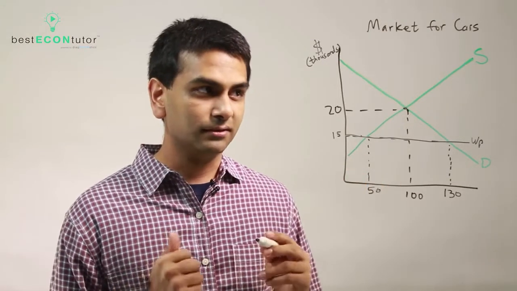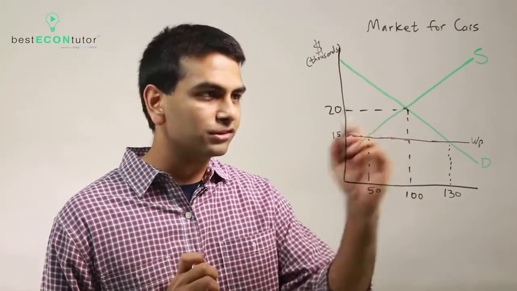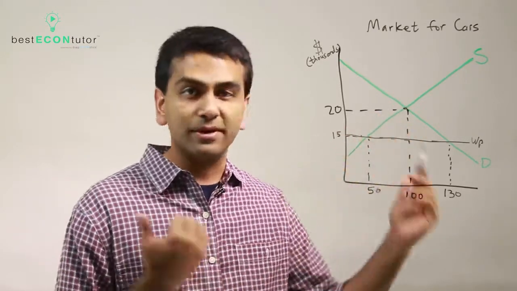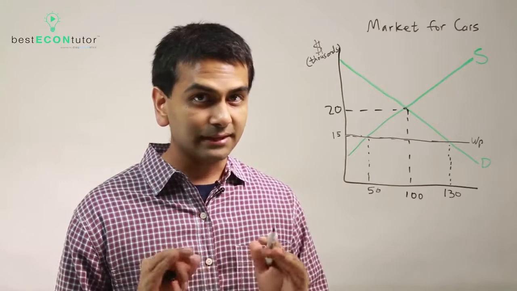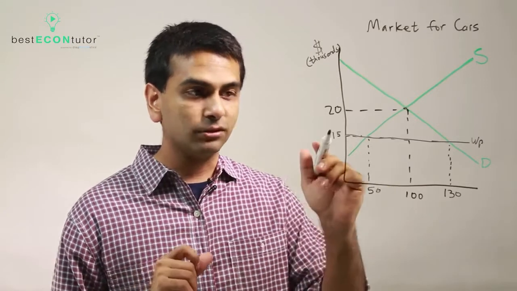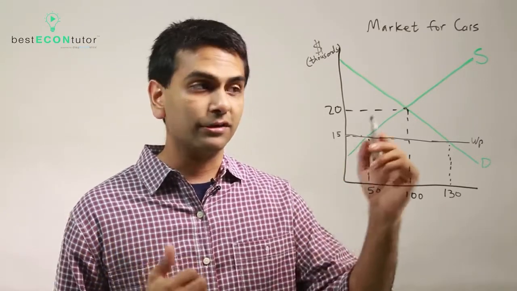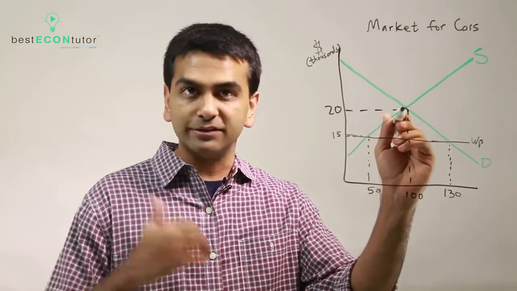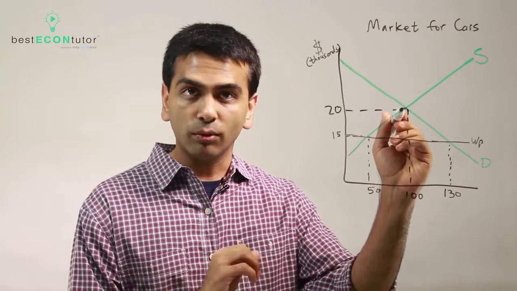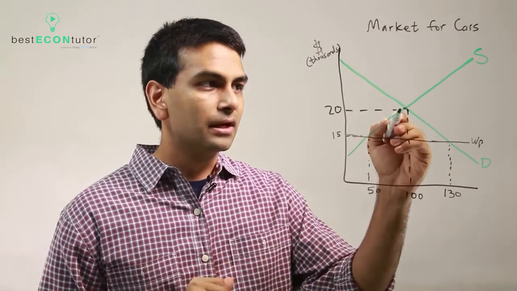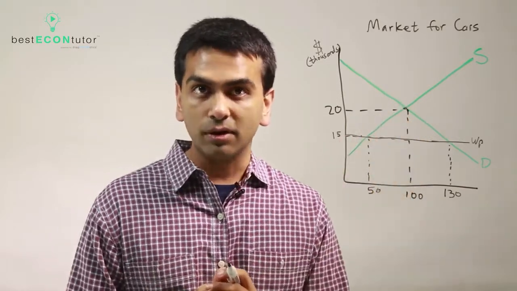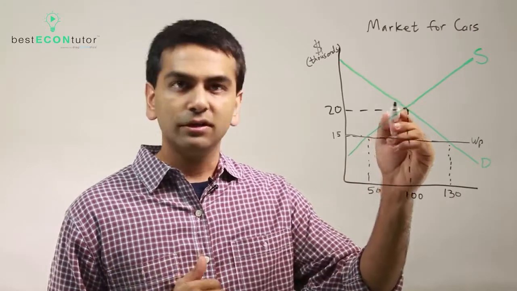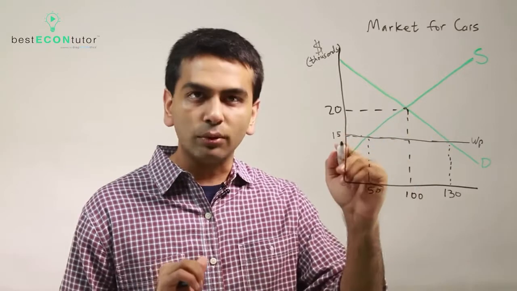So here's the thing. A common misconception is that in this market, some cars will be sold in America for $20,000 and some will be sold from the rest of the world for $15,000. But that's not the case. Every car has to be sold for $15,000, even the American cars. Here's why. If you're an American producer and you decided to keep your price at $20,000, which is what it was before you opened up to trade, then you're going to sell exactly 0 cars because none of your customers want to buy from you. They'd rather import every single car. So just to even match that, you have to lower your price to $15,000.